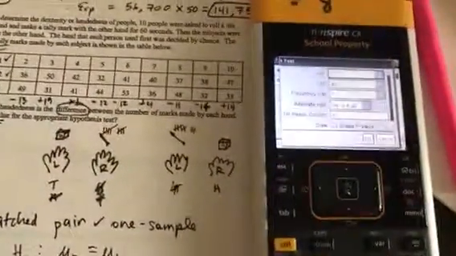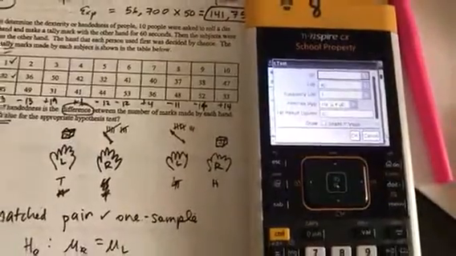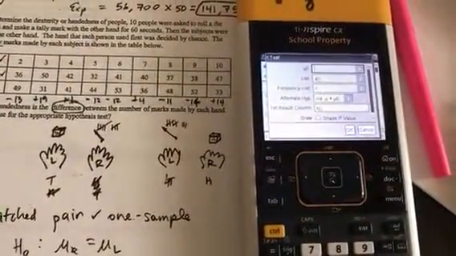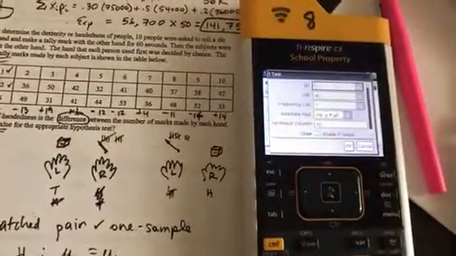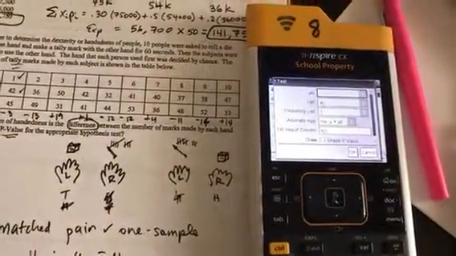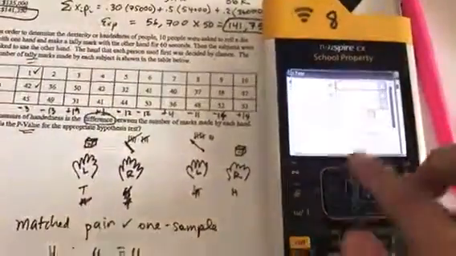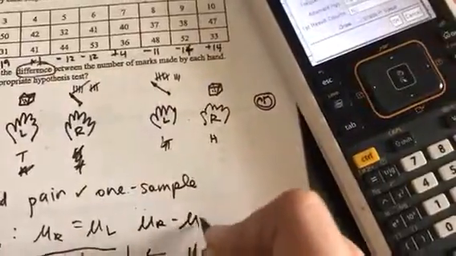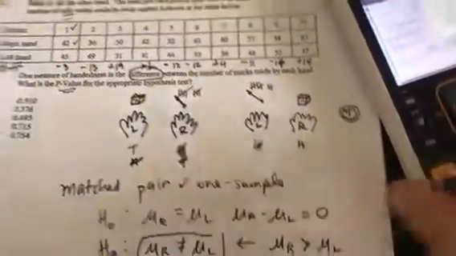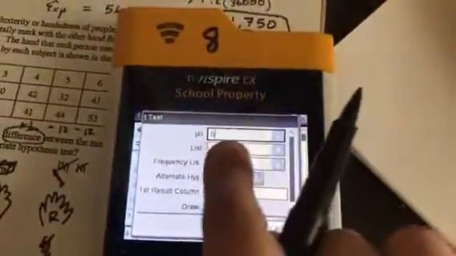I'm not sure what to put in for that. I did this yesterday, and I'm not exactly sure what happened here, so pause for just a second. I'm going to put 0, that there is no difference between the two. Assuming that, another way to write this would be mu R minus mu L would be 0. There is no difference. Okay, yeah, that's probably what I want to do. So sorry if I took a minute to think about it here. I'm going to put 0.